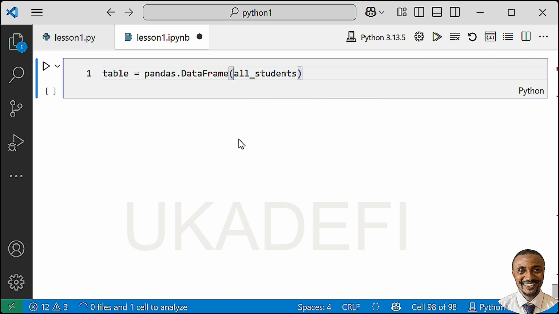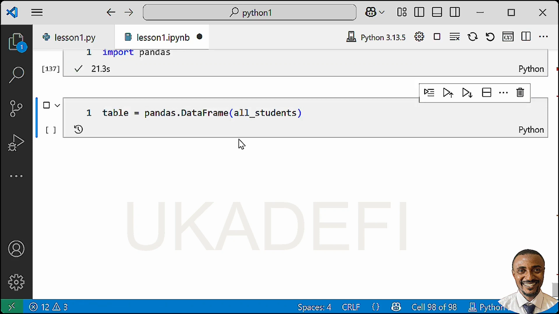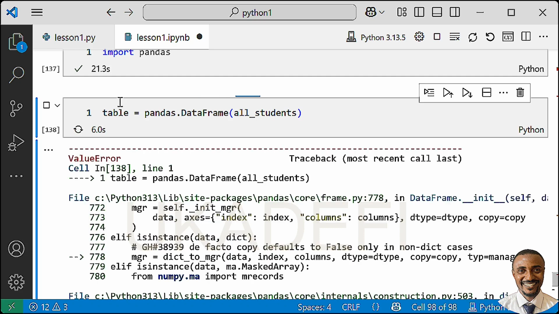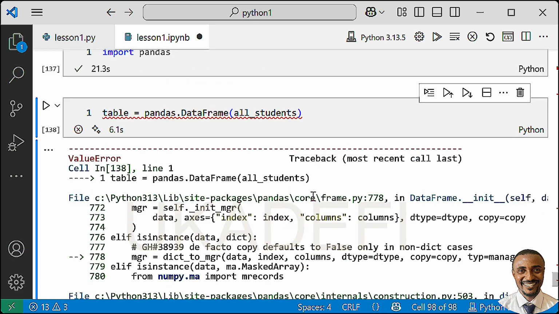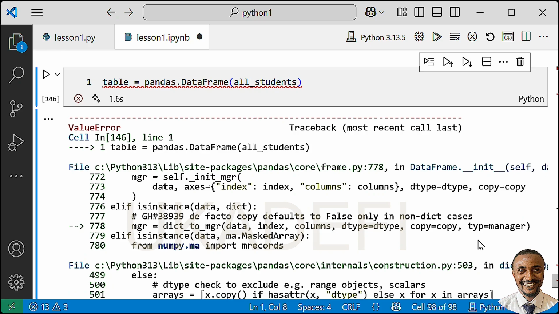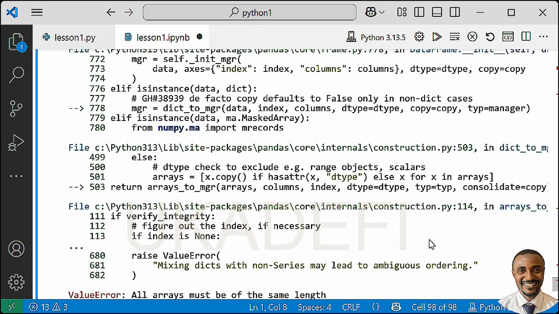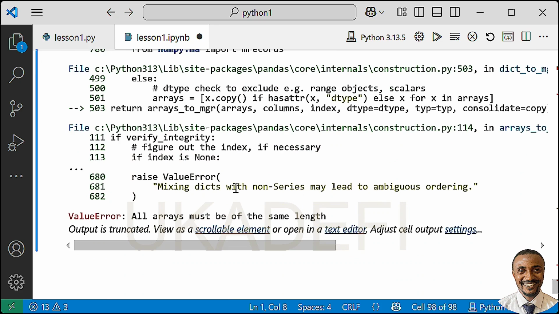And when you run this, it's going to store your dictionary inside this variable called a table. Well, it's saying error, and let's see why we are having error. You can actually read through this information. So to solve this problem, we just have to go through this error information, and at the bottom here it